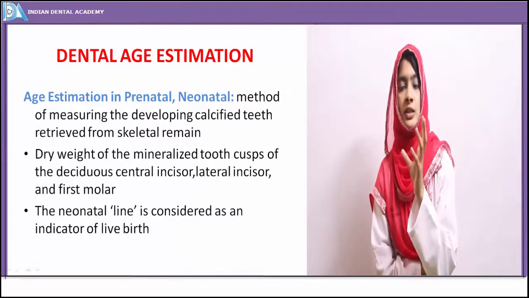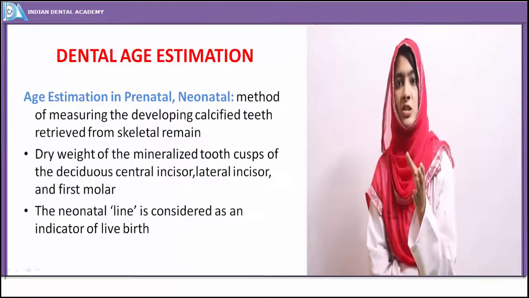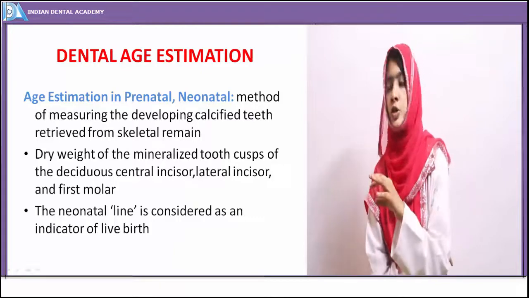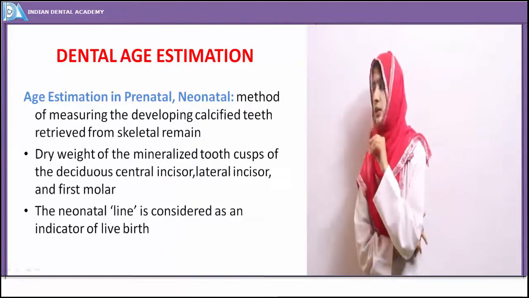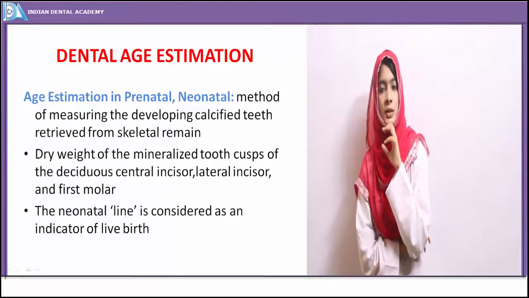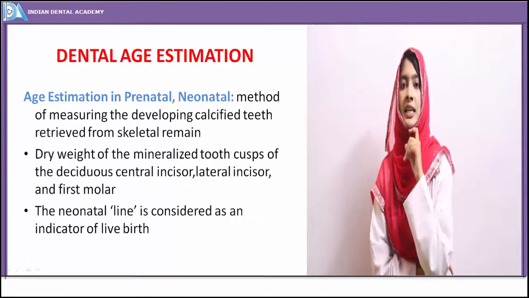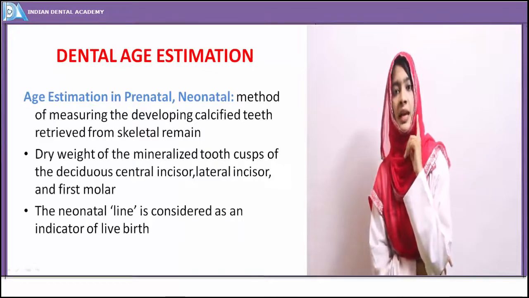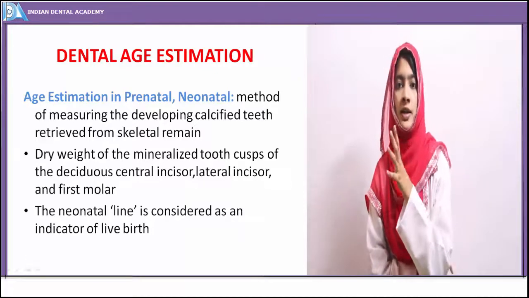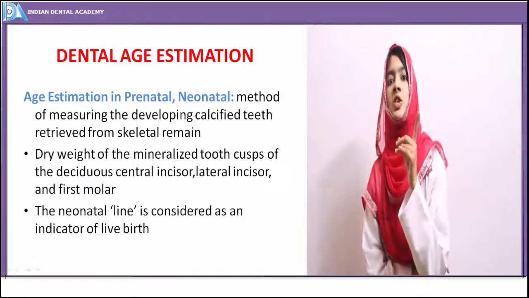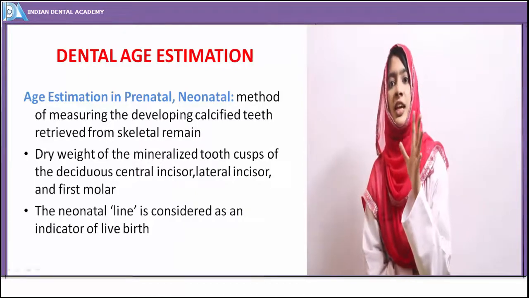maturity of both the mineralization process of the pre-birth enamel and the post-birth enamel. So the age estimation can be done based on the presence or absence of neonatal line. If the neonatal line is absent, the individual may be considered a stillborn individual or a stillbirth individual. If the neonatal line is present, based on the level of neonatal line, you can identify what is the